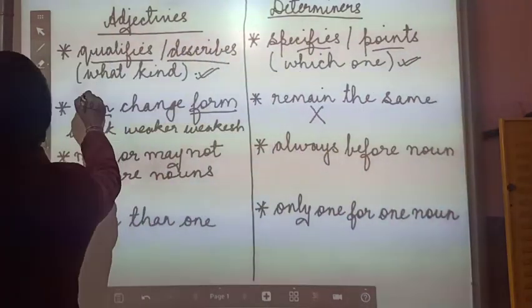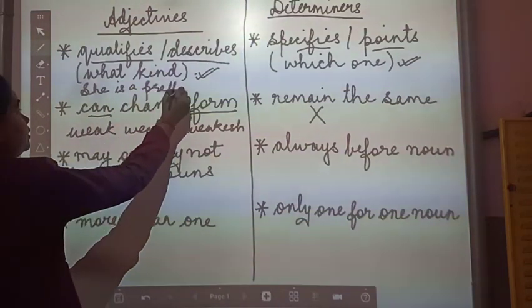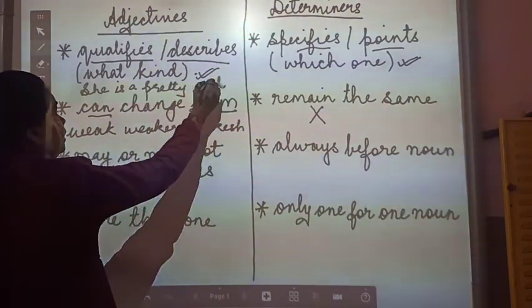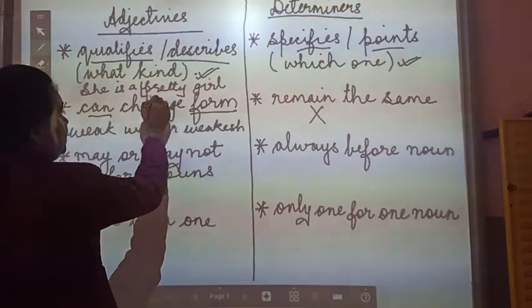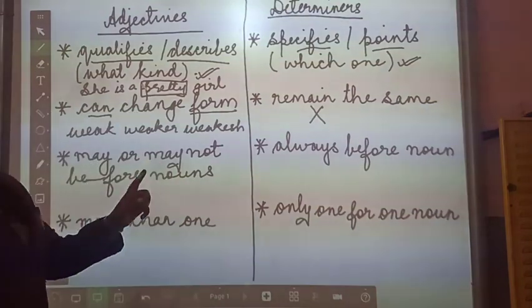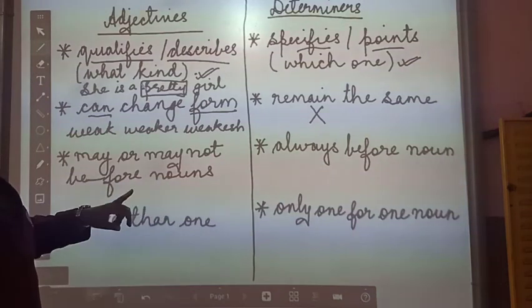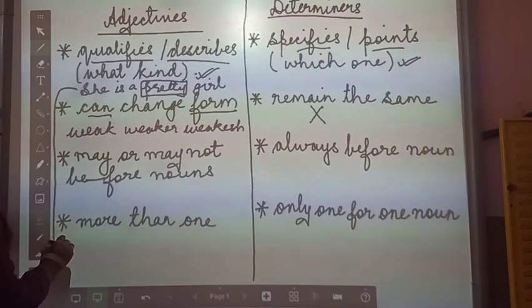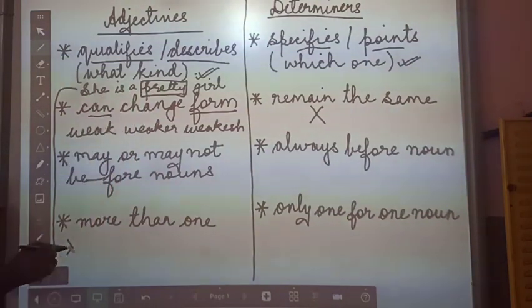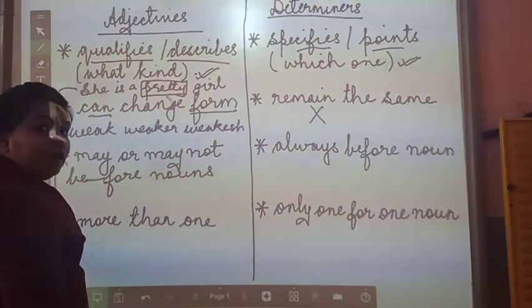Okay, now see the first one that I have explained. If I give you an example, she is a pretty girl. Okay, so which word is describing the girl? It is pretty. And where is it placed? It is placed before the noun. Okay, so that also you have to keep in mind. See, this one more thing I will tell you. I have written in this way. Okay, she is a pretty girl, where the adjective pretty is placed before the noun.